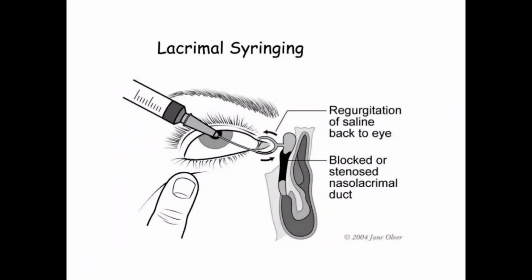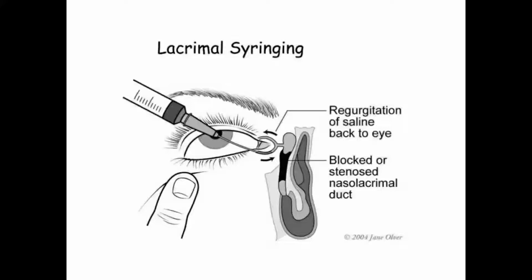In syringing, we inject fluid through the lacrimal punctum and observe whether we can inject the fluid freely. If the fluid goes freely, it usually means that the lacrimal drainage system is patent, and the patient will make a swallowing movement, or will tell that something has come into the throat. That is how we confirm whether it is patent or not. Suppose the fluid is not going freely and is regurgitating through the punctum back into the eye, it means that there is some obstruction in the lacrimal drainage system.